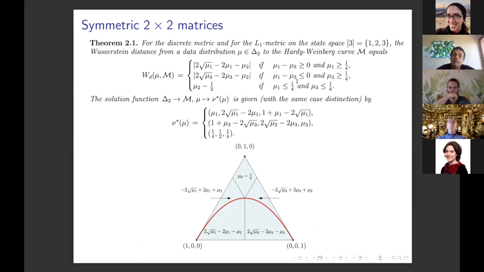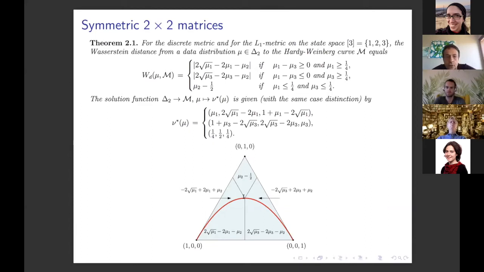Up here you have the formula. Just looks like 3 cases, but they're actually 5 regions. And on each region, I have an algebraic function of the probabilities mu1, mu2, and mu3 of the empirical distribution. And then the value function is given here. Interestingly, in the last case, the optimal point will be constant. So if your empirical distribution is in this rhombus shape, then the closest point will always be the top point